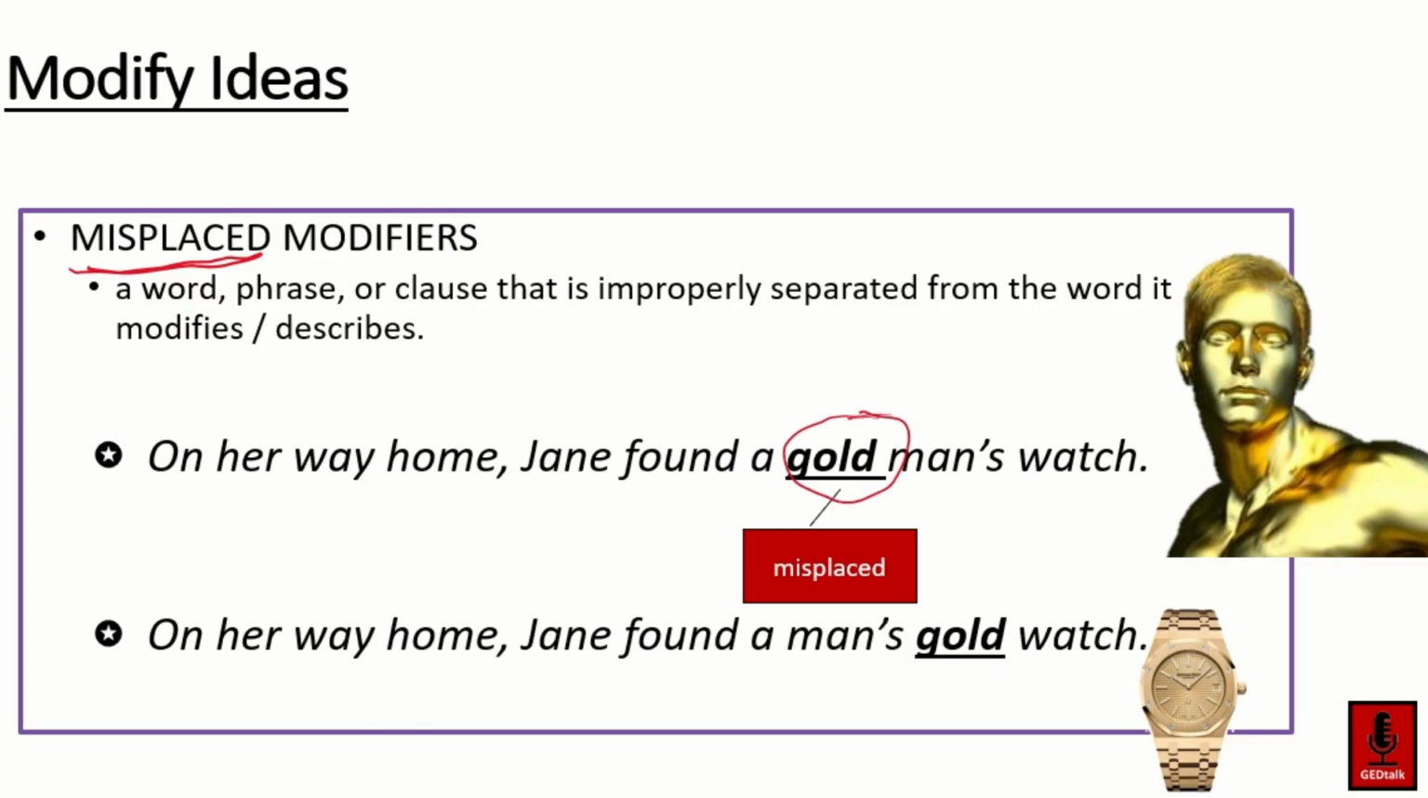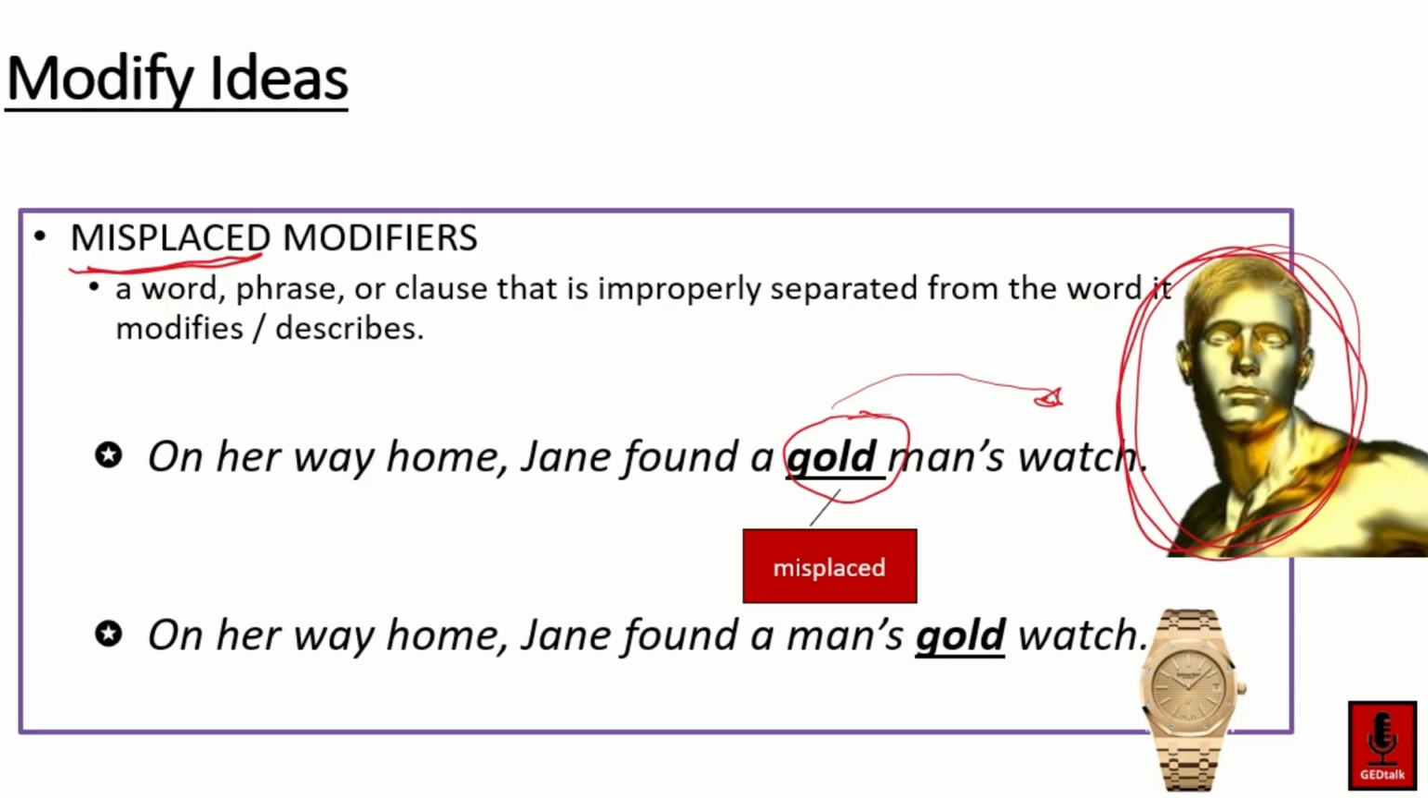This adjective gold that is meant to describe the watch is misplaced, and in turn, when you read the sentence, it sounds as though she found a gold man, which we know she didn't find a gold man. She found a gold watch that happens to be a watch that a man would wear. So this adjective, this word gold, is misplaced. And when we look at the second sentence, the way we're going to correct the misplaced adjective, gold, it makes more sense. On her way home, Jane found a man's gold watch